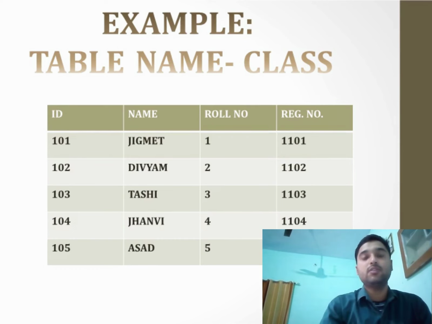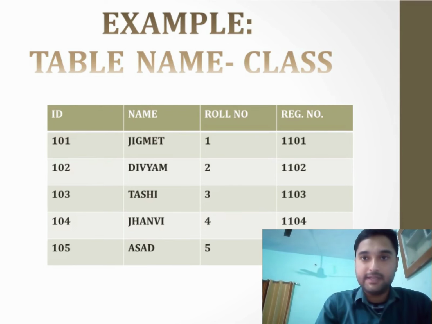Okay, I will tell you what the primary key is. First of all, a primary key is something which should not be null and which should be unique. For example, your roll number, your registration number, your ID: data which is not repeated and should not be null is the primary key. Okay, so it is made from the candidate key.